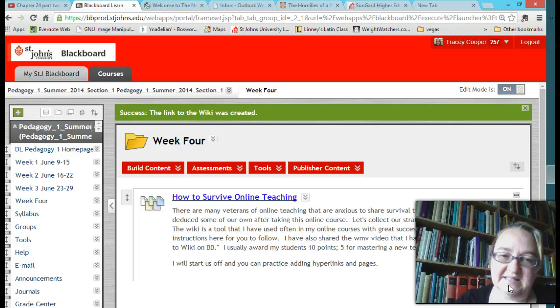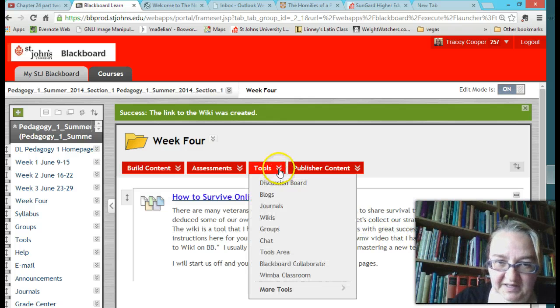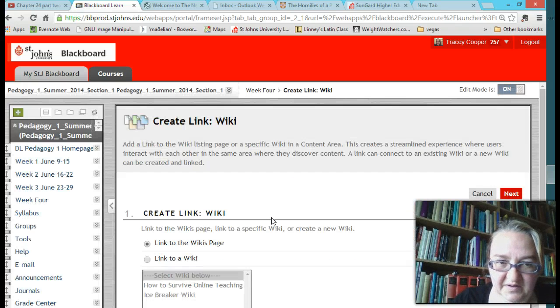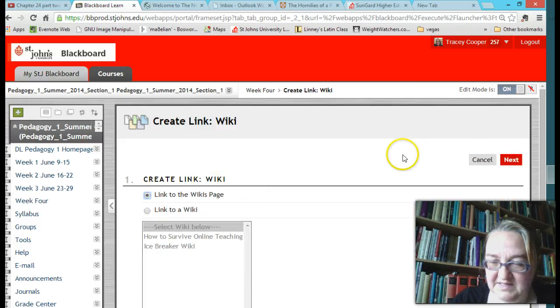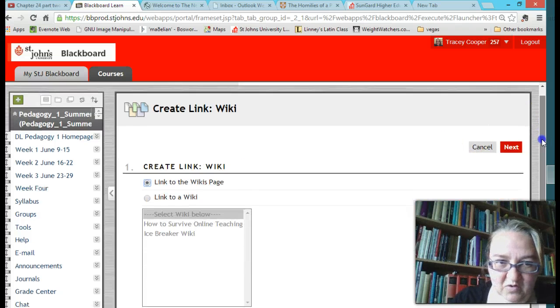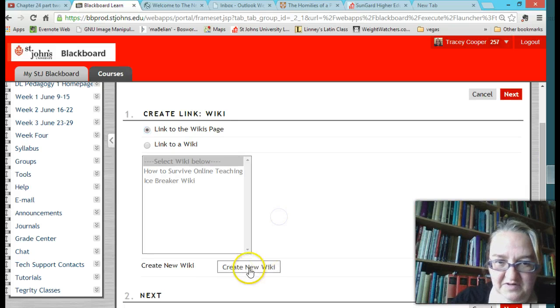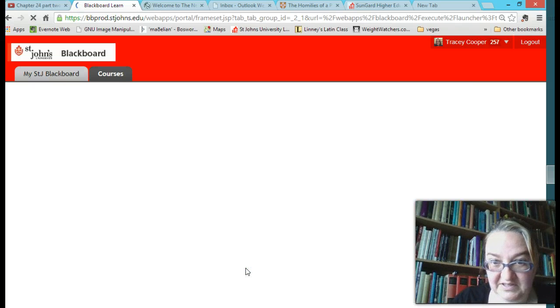Okay, so that's how to add a wiki or something, same process for a blog or whatever you've already created. Now if you wanted to create a new wiki to put in here, we do the same process. Click on wikis under tools, and this time, instead of clicking on one that's already created, and you may have to scroll down to find this button, it's usually hidden because the size of our screen is a little bit lower. Click on create new wiki,